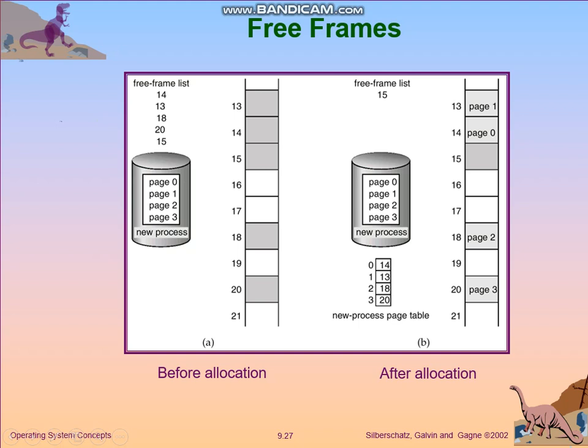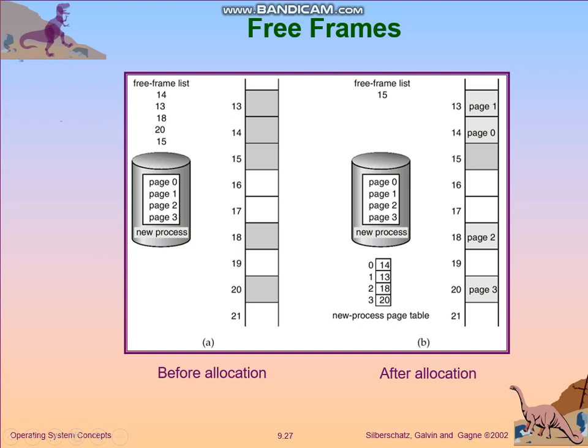In the previous videos I've explained to you about paging and what it is used for. Here you can see a new process is divided into different pages and the physical memory is divided into frames. The size of each page should be equal to the size of each frame. This process can be stored in different, non-contiguous locations to avoid external fragmentation.